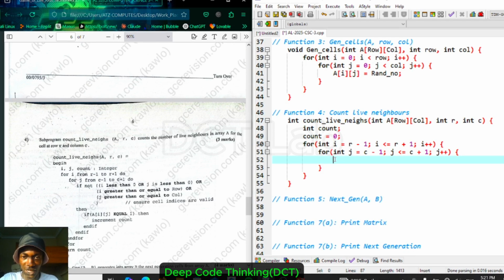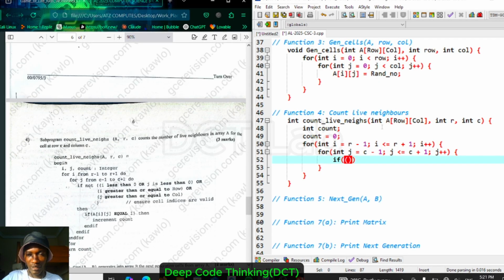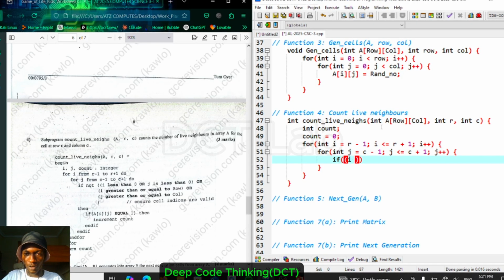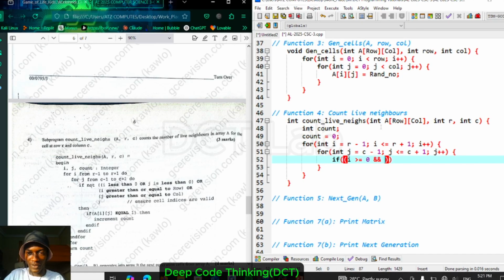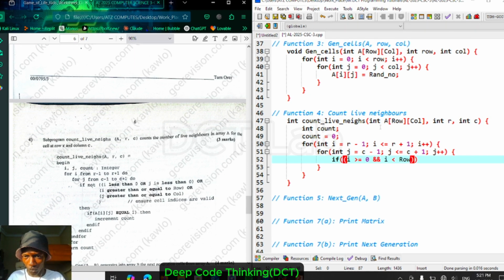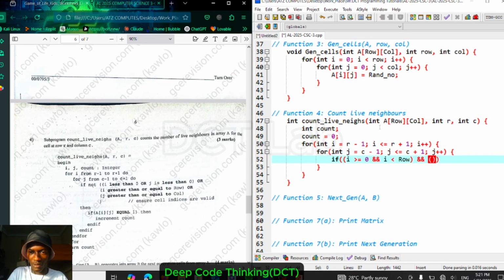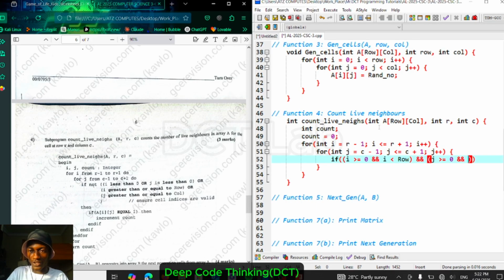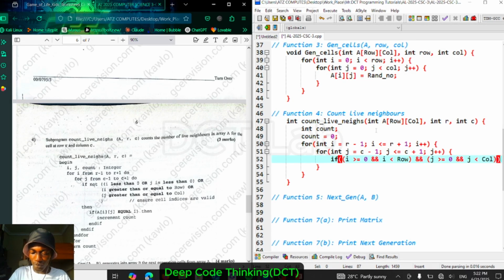Applying that logic, it's going to be if i greater than or equals to 0 and i less than row, and j greater than or equals to 0 and j less than call. If that is true,